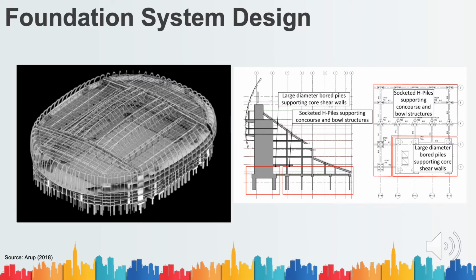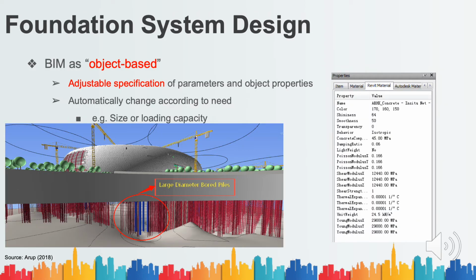With the use of Revit, the 2D drawings can simultaneously generate the 3D model of the foundation, which facilitates further analysis and better visualization. Also, as BIM is an object-based tool, different specifications or parameters can be added to the object. This not only facilitates structural analysis, but also enables convenience to the project team for modifications due to project variations. As shown in the above figures, we can clearly reveal the object properties such as unit weight, damping ratio,